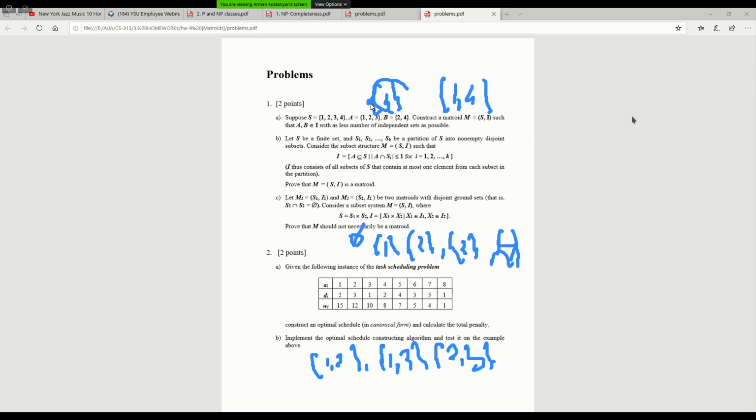We should just add one x to A union with only one x, or we can have x1 and x2, like {4,1,2}. We try to construct the minimum subset system. Of course, we can meet this condition by considering all subsets of S. This is obviously a matroid if we consider all subsets to be independent sets. But we would like to have a minimum subset system which includes A and B. And based on this, we would like to construct the smallest extension from A and B using hereditary and exchange